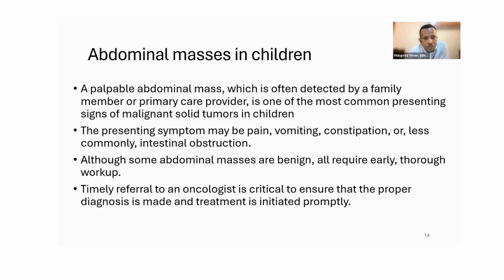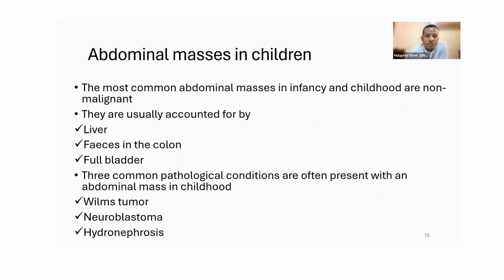This workup usually happens in a tertiary care setting where there is a multidisciplinary team. So timely referral, or timely consultation, is very important to settle the diagnosis. The most common abdominal masses in infancy and childhood are not malignant. There are a lot of benign conditions, but you have to always think about serious conditions like cancer. Although it varies depending on the age of the child, mostly an abdominal mass in children could be from a larger liver, a larger spleen,